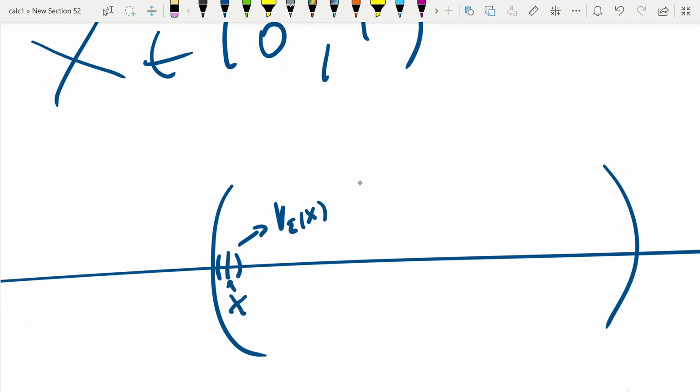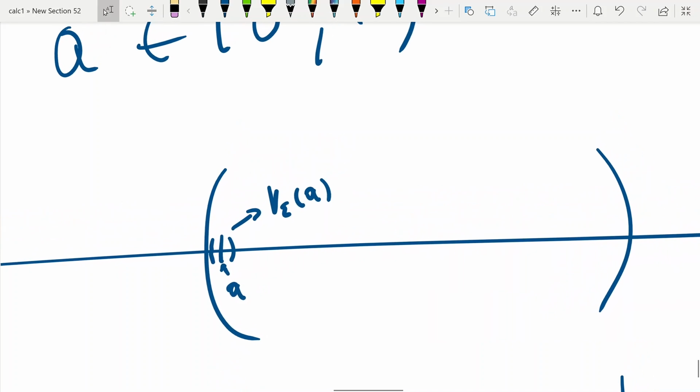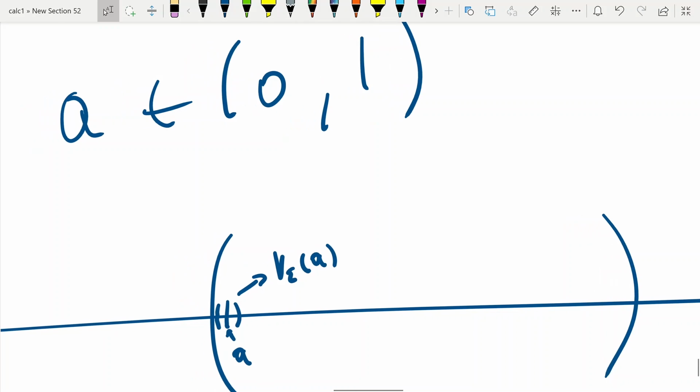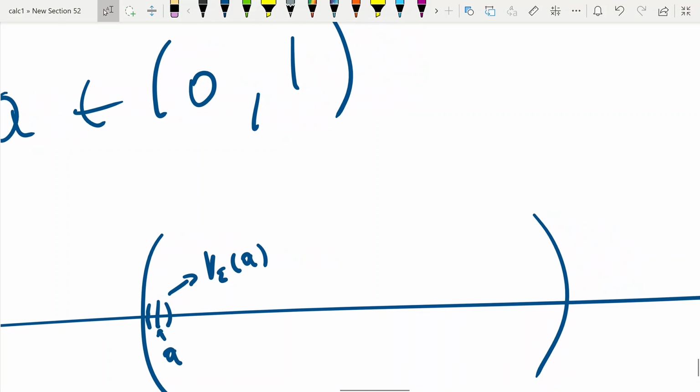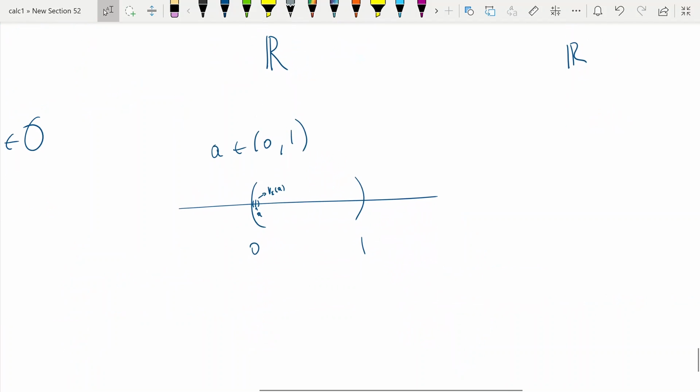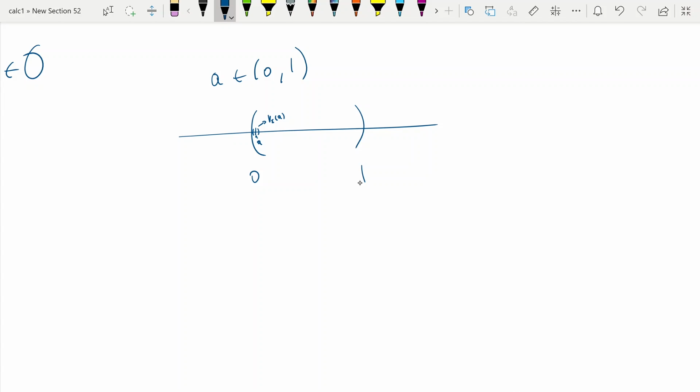Maybe we should use a, since this is the notation in the definition. So this is true, but the thing is, we're not allowing a to be either 0 or 1. But if instead we consider the closed interval [0, 1],